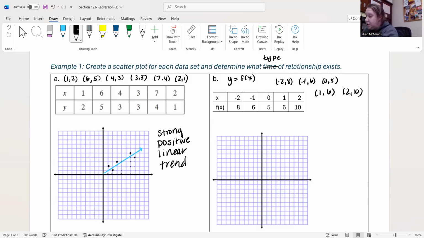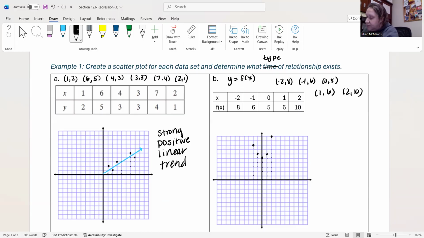So let's plot those. So we get negative 2, 8. So to the left 2, and then up 1, 2, 3, 4, 5, 6, 7, 8. And then we have negative 1, 6. So to the left 1, and then up 1, 2, 3, 4, 5, 6. 0, 5. So I stay at the origin, and then I just go up 5. 1, 6. So I go to the right 1, and then up 1, 2, 3, 4, 5, 6. And then finally 2, 10. So at the origin, I go to the right 2, and then up 1, 2, 3, 4, 5, 6, 7,